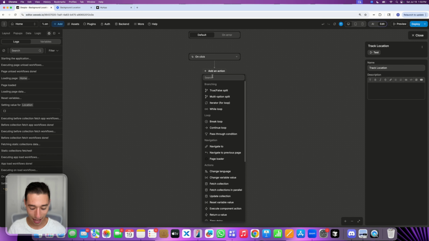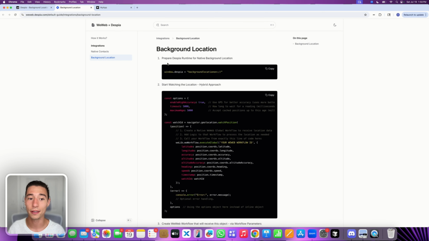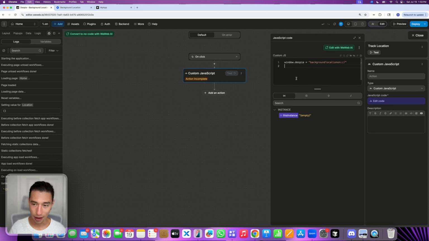Now I'm going to add an action, and that will be a custom JavaScript action. Now I'm just going to go to the documentation here, and I have prepare Despia runtime for native location, and we will start invoking the native background location functionality using the global Despia object. So let's copy that. That is window.despia equals backgroundlocation on ://. Let's copy that, and let's go in here and go on edit code, and let's paste this code snippet